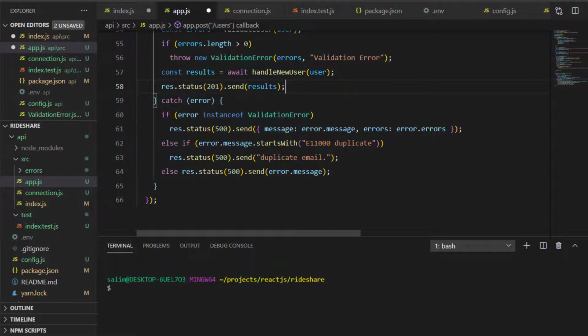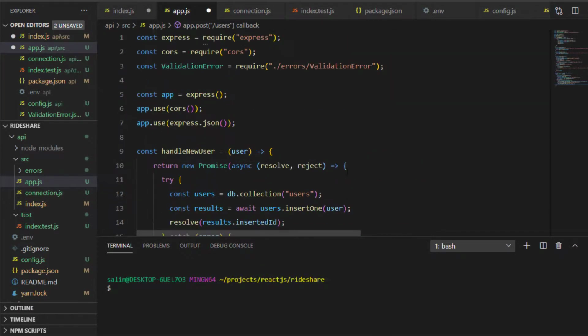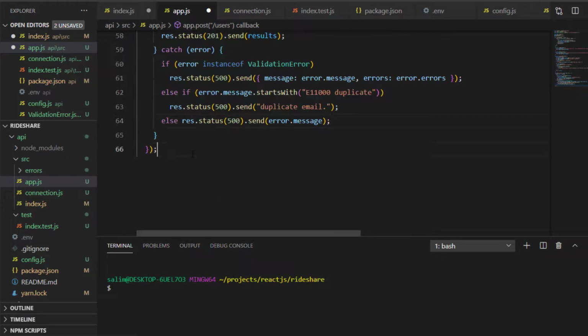In case of error, we are handling each case. So if it's our custom validation error, it will send the appropriate message. If it's a duplicate email, which will be sent by the MongoDB driver, we'll also handle this case. Finally, the general case will send the 500 error. All right, so this is it. Now we need to export the app